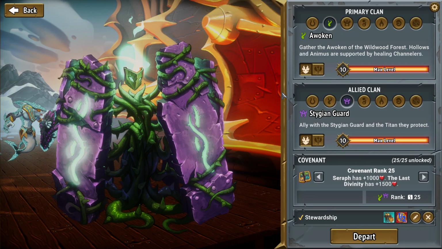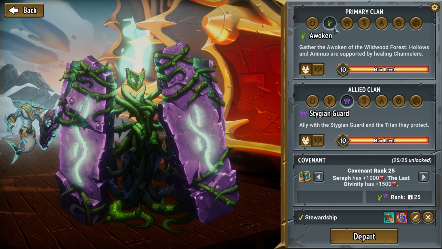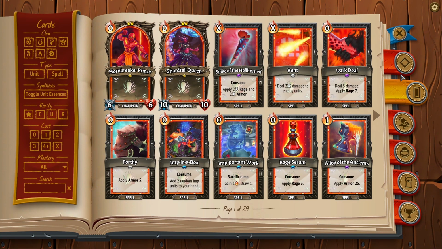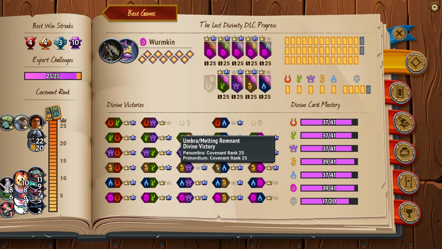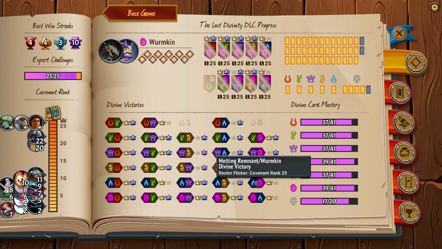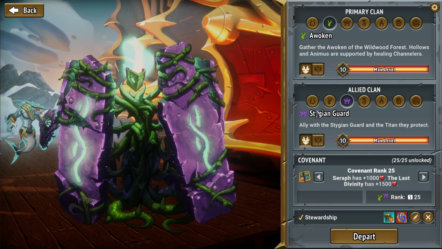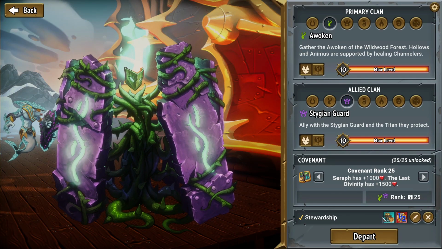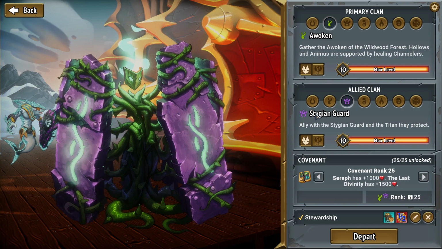I want to knock out this stewardship challenge, and disposable account gave me a good idea. Try to complete something from the logbook at the same time, because we have not done a Little Fade Wormkin or a Little Fade Awoken. But we need to do something to knock out the stewardship challenge because it's such a pain with these train stewards. But I am thinking a